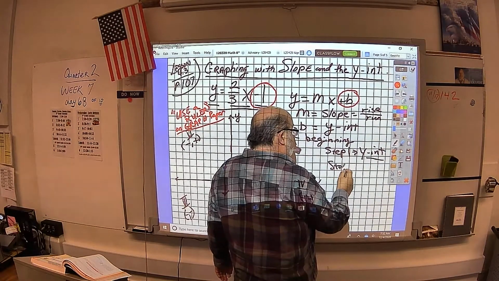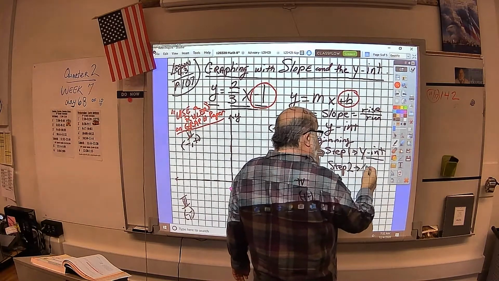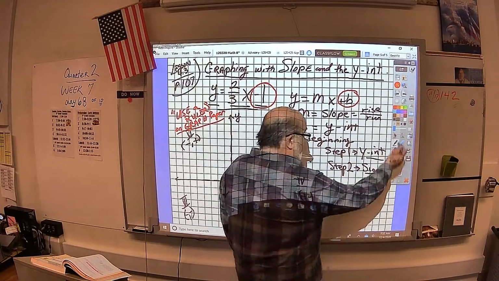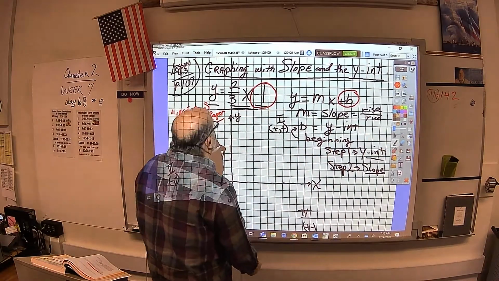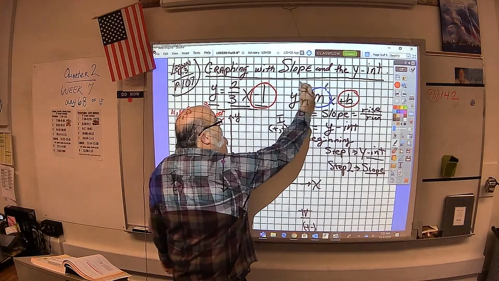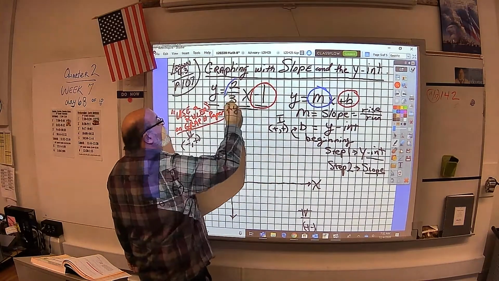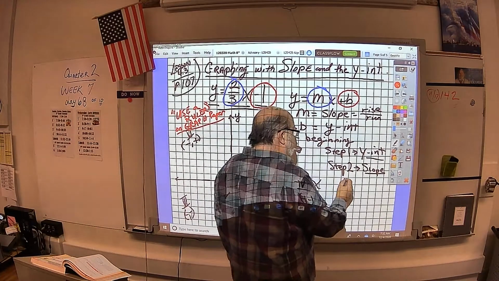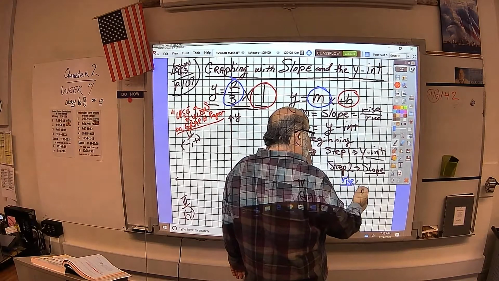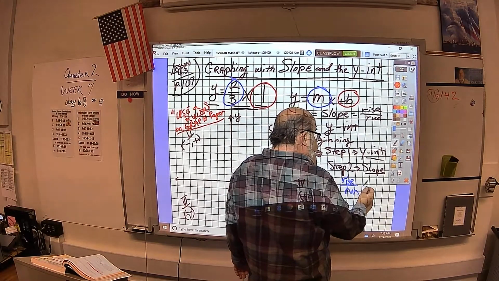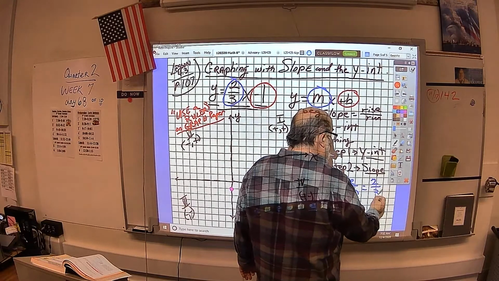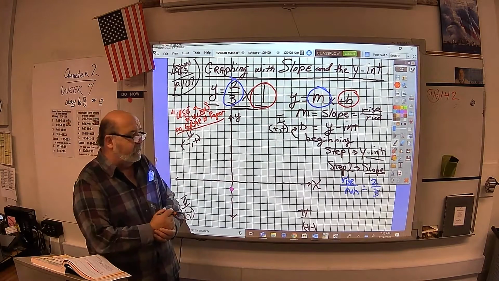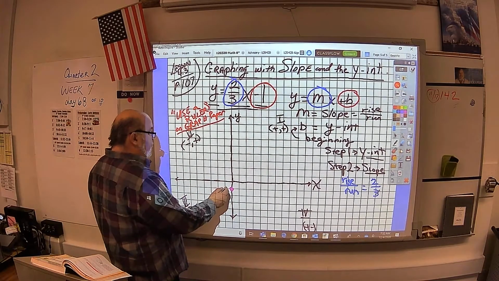Step 2 is slope. And I'll use blue for this. M is slope, so this amount is slope. Now, I'm going to write this here because it's important. We're going to just simply use rise over run. And with this model, we should know by now, it ought to be gold for us, that this means we're going to go,